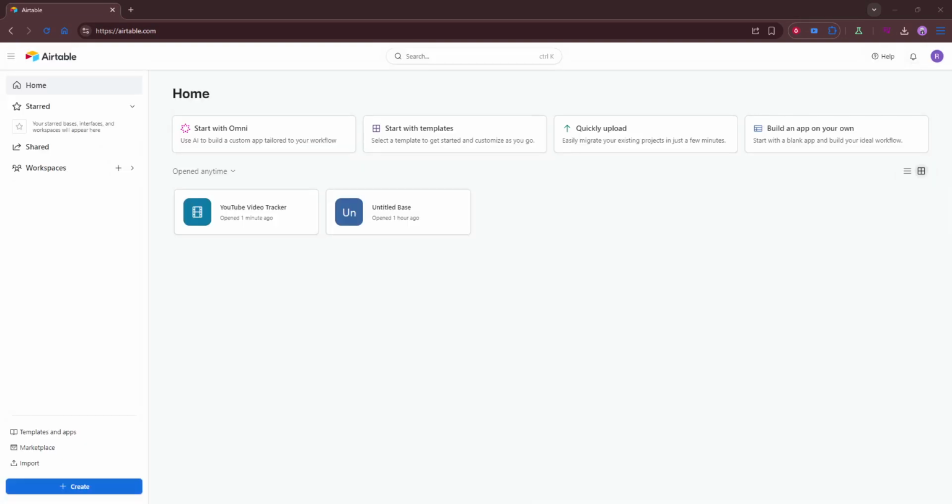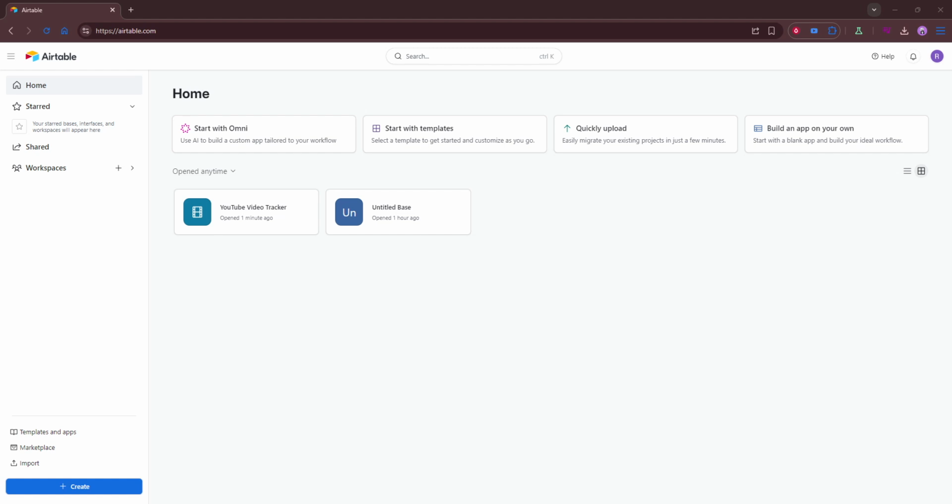In today's video, I'm going to teach you Airtable Google Sheets connection. If you want to keep your data organized across both Airtable and Google Sheets, setting up a connection between the two can save you a lot of time and help reduce manual copy and paste work. In this walkthrough, I'll show you the overall process in a simple and practical way so you can get your